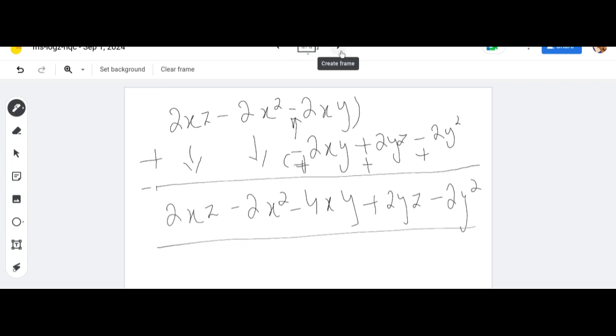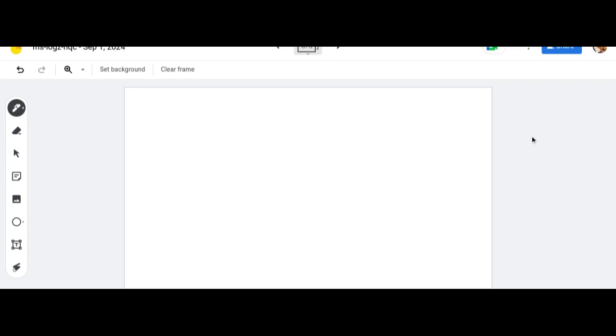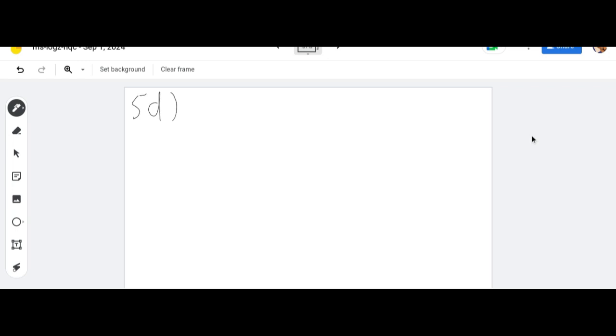Yes, ma'am. Okay, I will do the subtraction part, then you can write it down. I will do the 5D part, which is kind of easy, but it looks tricky. So it will look like this. I'm just going to look at the question once, then I have to write it down. This is the whole term and this is the second term. I will write the first term, solve it, then write the second term. If I write both together, you will get confused.